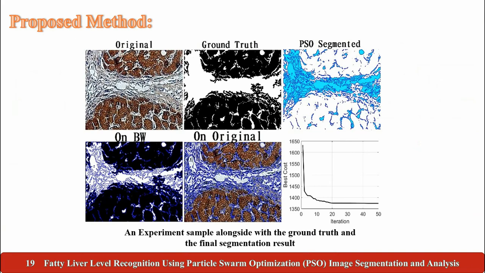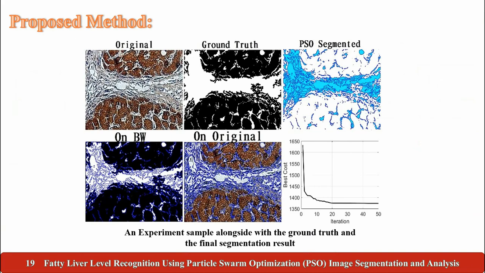Here we can see another example of fatty liver. At the top left we can see the original image, ground truth, and finally the PSO segmented image. In the second row at the left we can see the result on the BW image or black and white image, then on the original image, and finally at the bottom right we can see how the cost function worked for